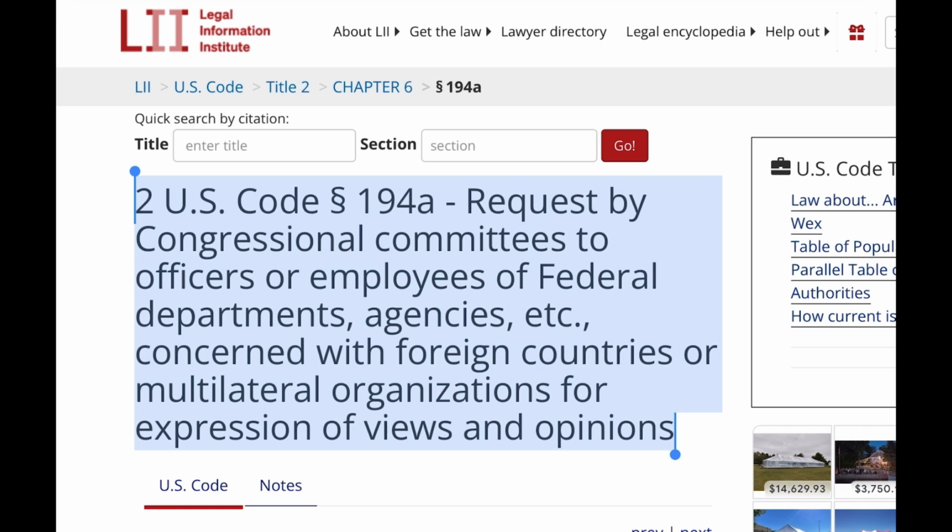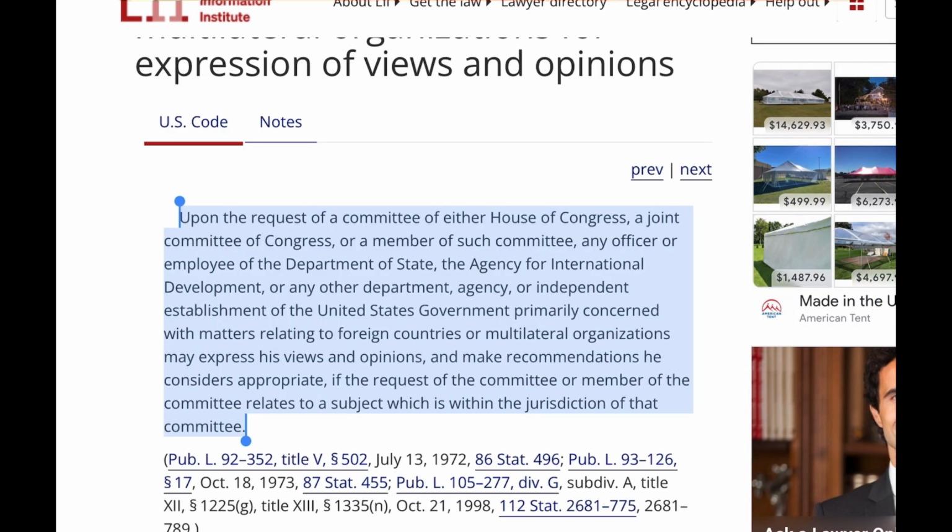2 U.S. Code Paragraph 194A. Request by congressional committees to officers or employees of federal departments, agencies, etc., concerned with foreign countries or multilateral organizations for expression of views and opinions. Upon the request of a committee of either House of Congress, a joint committee of Congress, or a member of such committee, any officer or employee of the Department of State, the Agency for International Development, or any other department, agency, or independent establishment of the United States government primarily concerned with matters relating to foreign countries or multilateral organizations